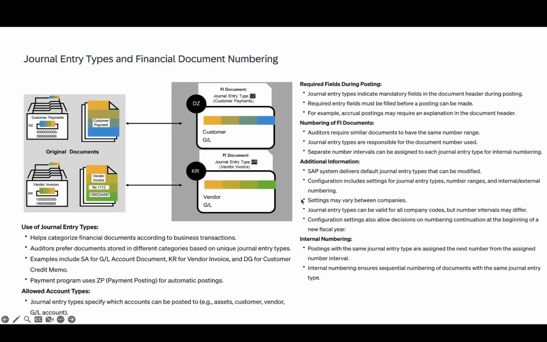We can have different settings between different companies. Journal entry types can be valid for all company codes, but you could have different numbering intervals. Configuration settings also allow decisions on numbering continuation at the beginning of the new financial year. So there are quite a few different settings around journal entry types, but as I said, it's not the type of thing that you should be worried about